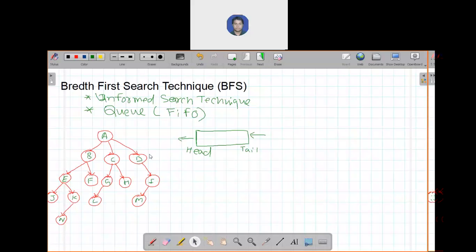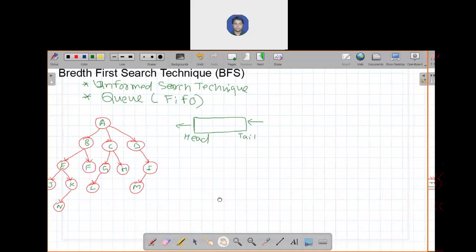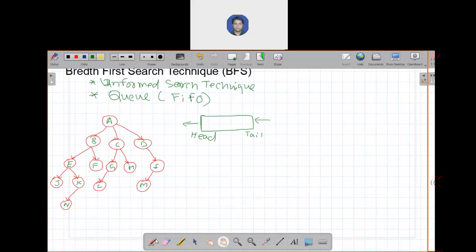So in this breadth-first search technique, we use the concept of queue. The queue works on the principle of first in, first out. So let's start. We first draw the queue and enter the initial state. Here, as you can see in this tree, just consider we are starting from state A. You can start from any state, always remember that. We are exploring this tree from state A.